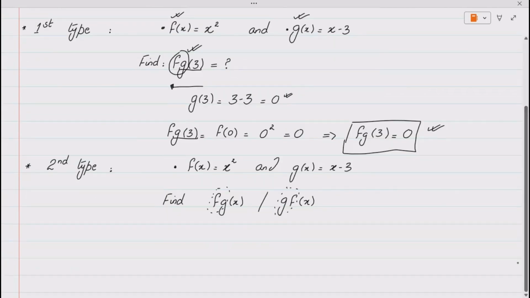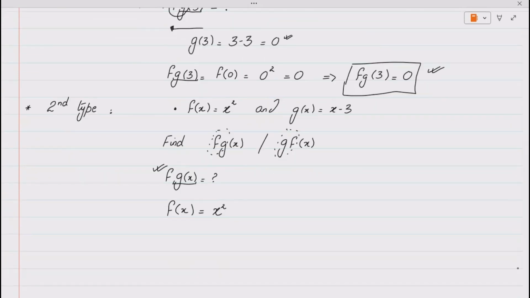So for this, we learned that for f of g of x, we have f of x. If we have to find this f of g of x, take f of x, which is x square, and because you have to find f of g of x, take f of x and in place of x, write g of x. So this thing becomes f of g of x, and here g of x is